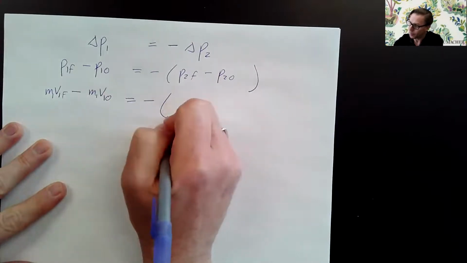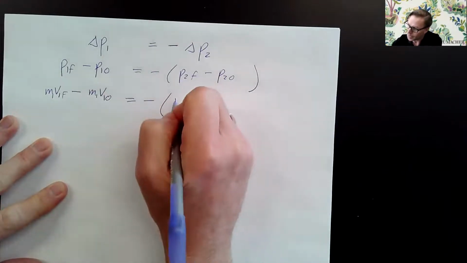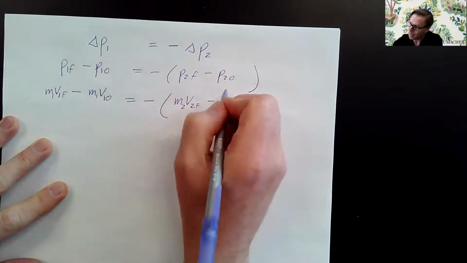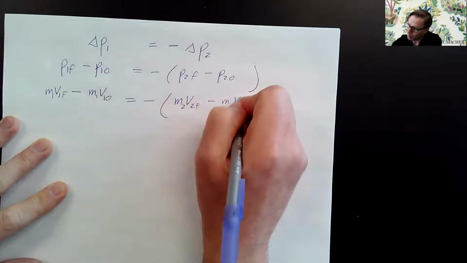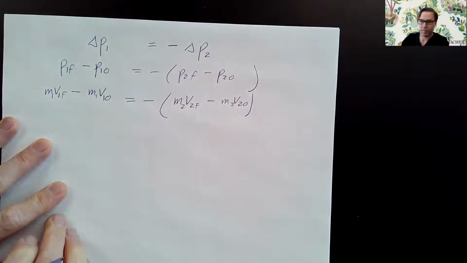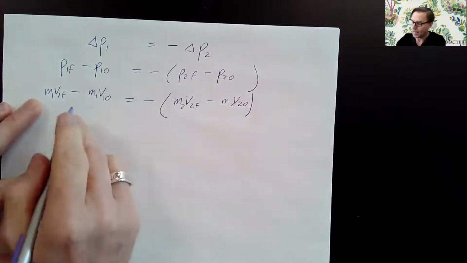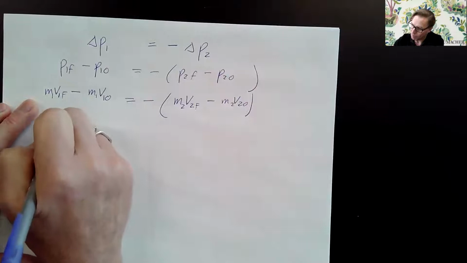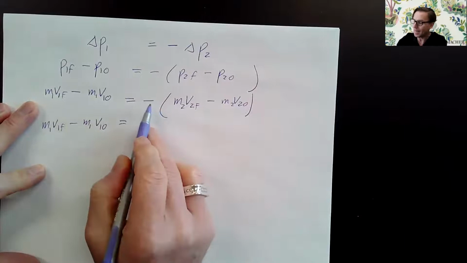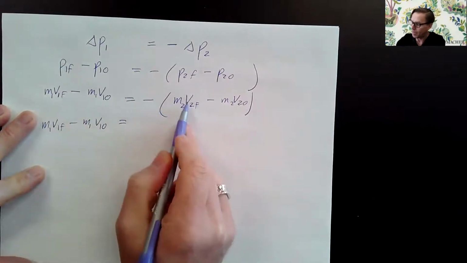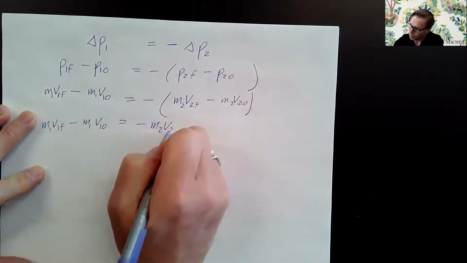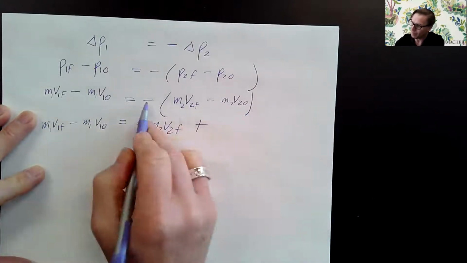equals P2. That's MV2 final minus P2, MV2 initial at the beginning. You see it? I'm going to keep the left side the way it is. M1V1 final minus M1V1 initial equals, and I'm going to distribute this minus sign. So now this is going to be negative, and negative is going to be positive. Negative M2V2 final plus